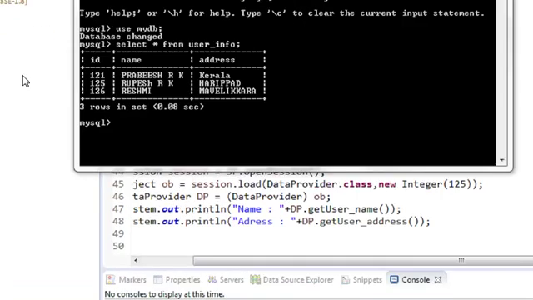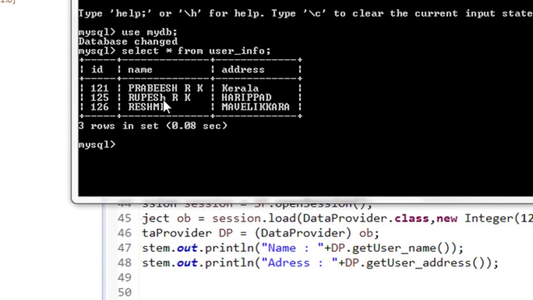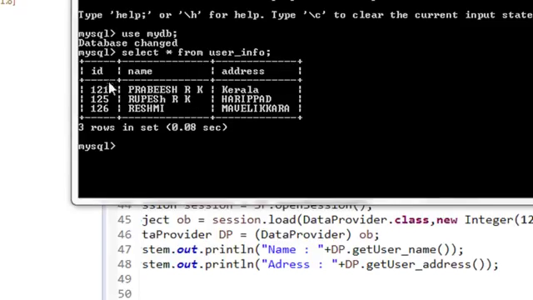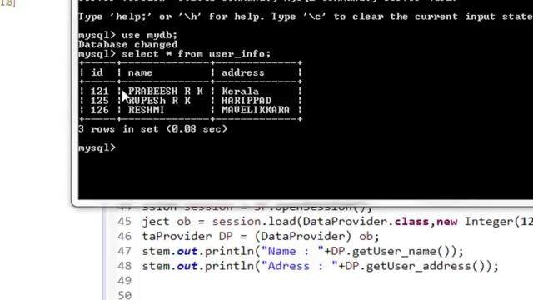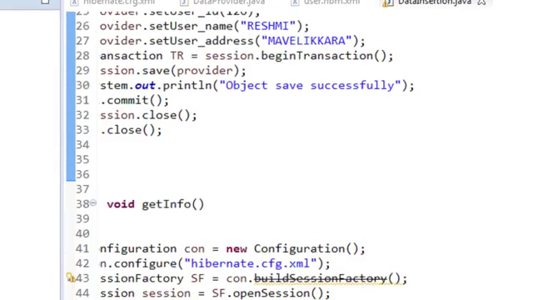Here, this is our database. Our table contains 3 rows of data, and here I am going to remove the first row of data. That means the row with the ID 121. Okay. Now for that,